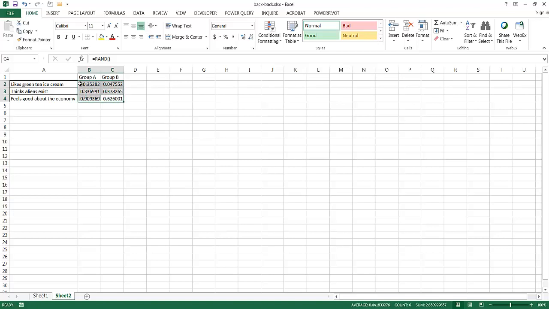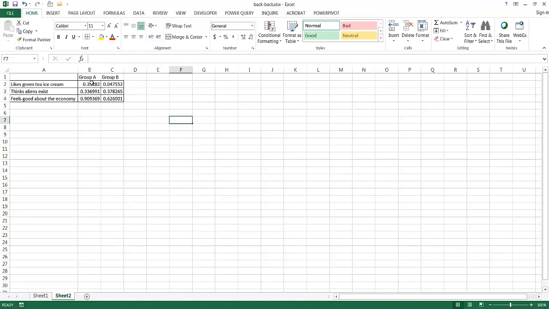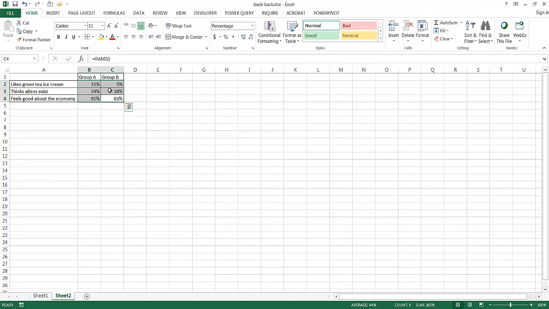So let me set the border here, just to make it look a little bit nicer. And I have this, and oops, let me set the border here too. And I want to make this a percentage, not keep it as a decimal. I can use a keyboard shortcut, Control Shift the number 5. That's going to turn it into a percentage. Or let me Control Z. If I didn't like keyboard shortcuts, I can go up here under Home and just click on the percentage icon